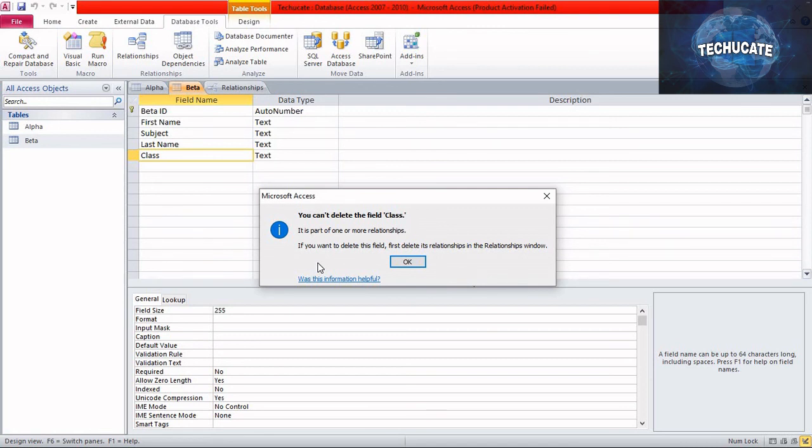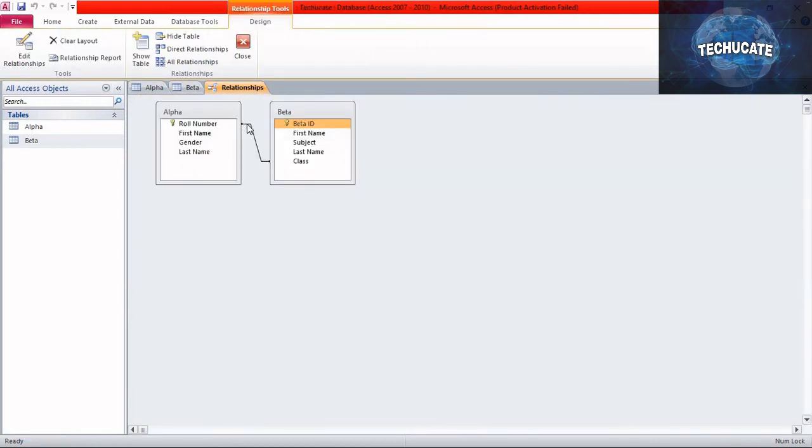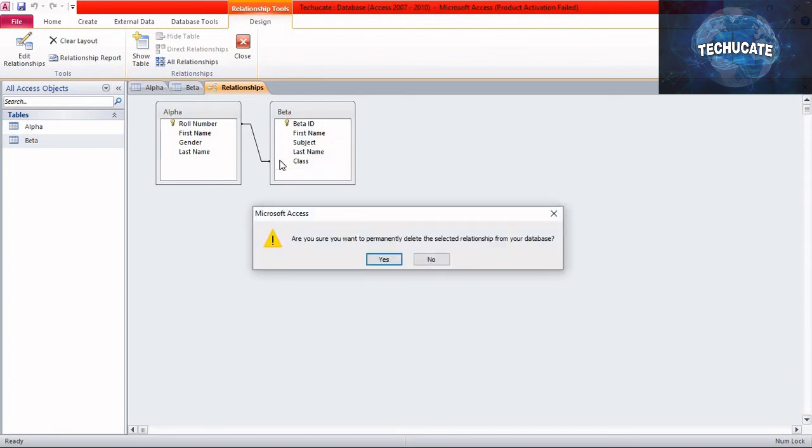This alert is showing like it is part of one or more relationships. If you wanted to delete this field, first delete the relationship in the relationships window. Click on OK. Now go to relationships. Select this direct relationship between alpha and beta. Right click on it. Click on delete. Click on yes.